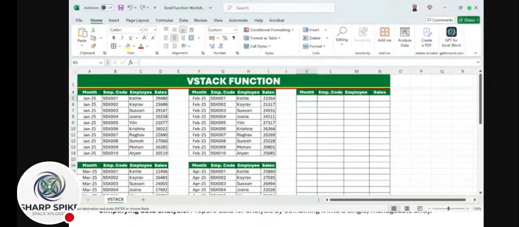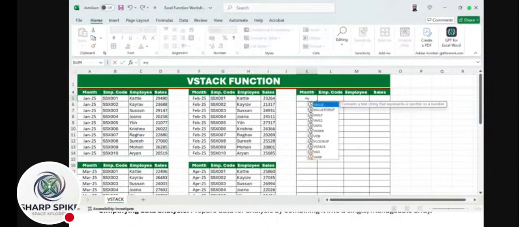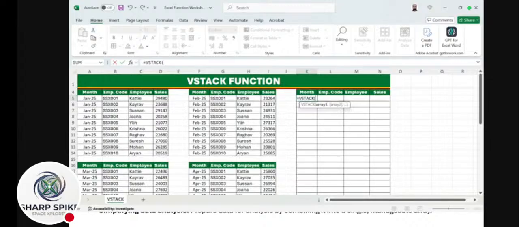We just apply a VSTACK function and see the magic. So it's equals VSTACK. Now it's asking to select array1. This time array1 is the January month, comma. Now it's asking for array2. Array2 is the February month. Now it's asking for array3, comma. Select array3,